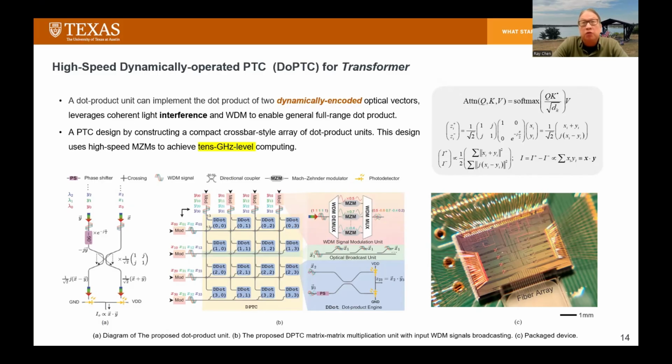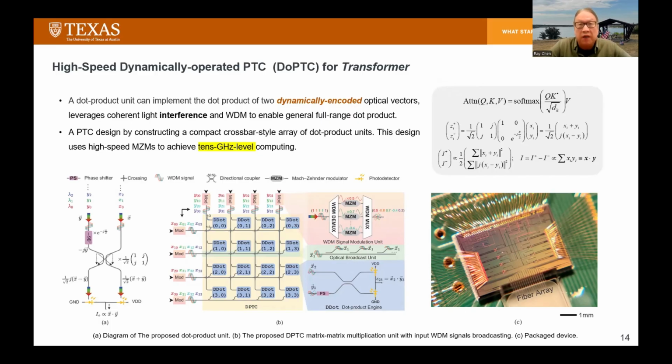So we propose a new photonic tensor core tailored for transformer acceleration. In this specific case, we have high-speed modulators here. It introduces three key properties: high-speed general matrix multiplications, full-range operand support, and efficient dynamic encoding with